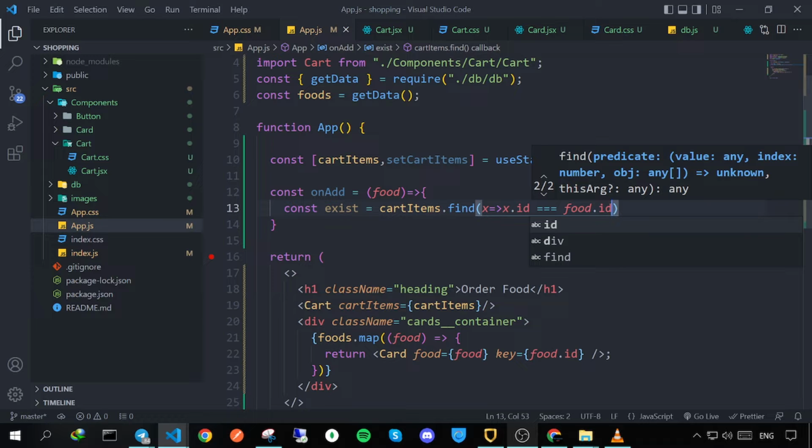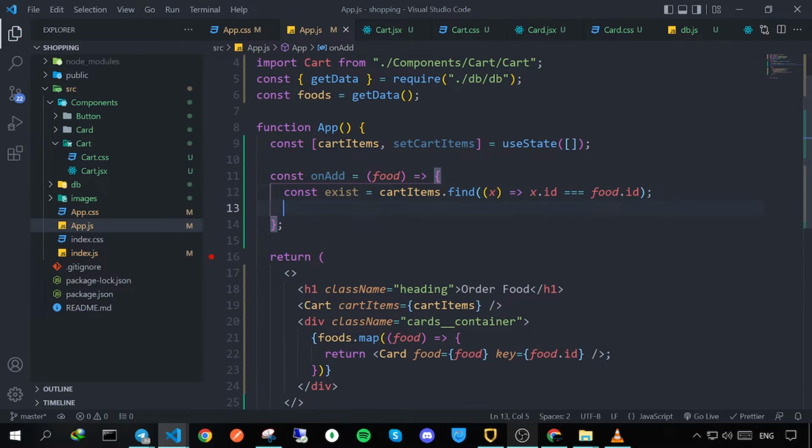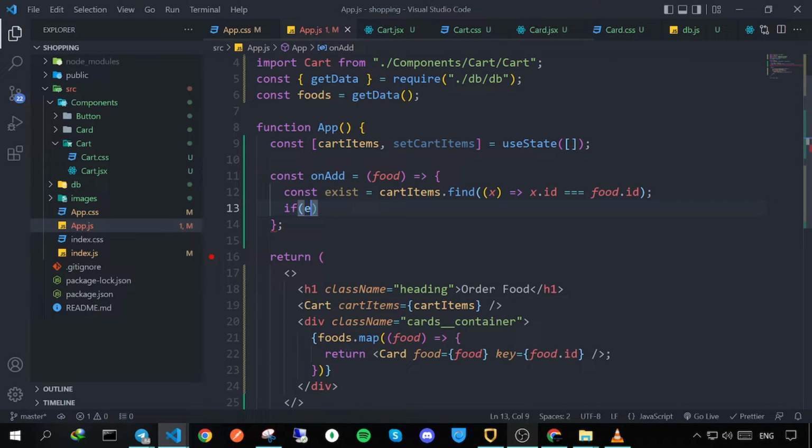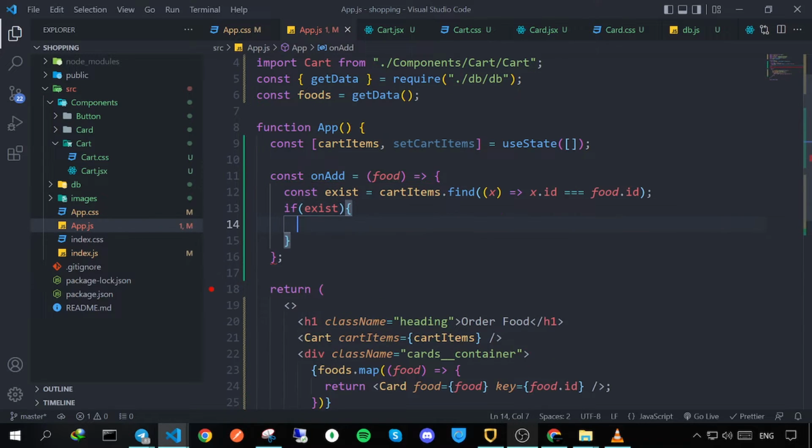We are checking if the food is already in the cart items or not. Let's check if exists. If this is true, it returns this food object. If it exists, then we have to set cart items